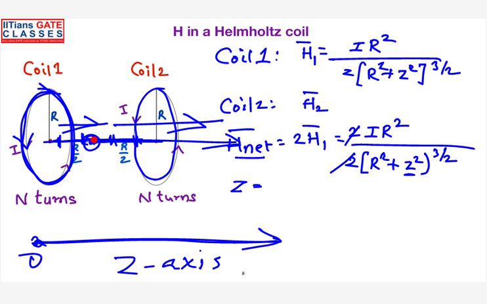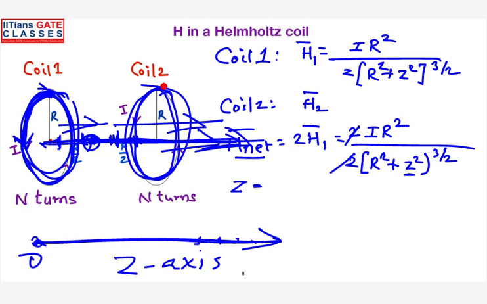The reason, see, it is very simple. If you are placing two coils together and apply Fleming's principle, because that is the easiest method and I was following that method, when you place your fingers matching this particular loop, the thumb is pointing in the same direction. Even when you do the same method for the other coil, the thumb is pointing in the same direction. So what I mean to say is, not only here, even if you take any point on the Z axis, the magnetic field is going to be additive only.